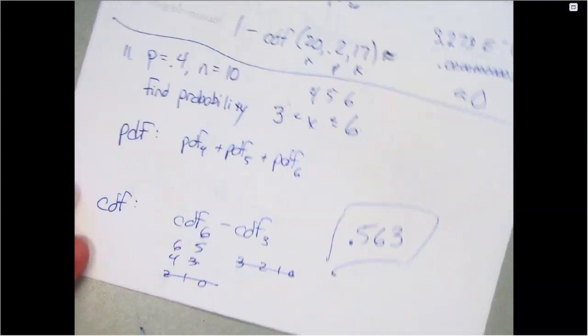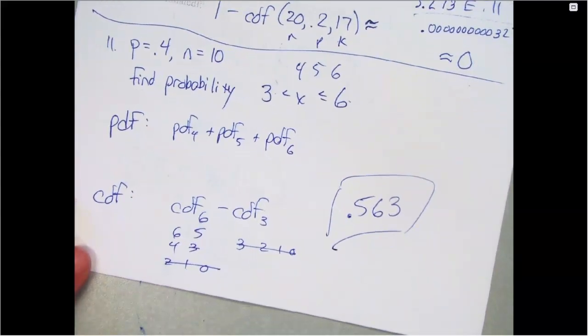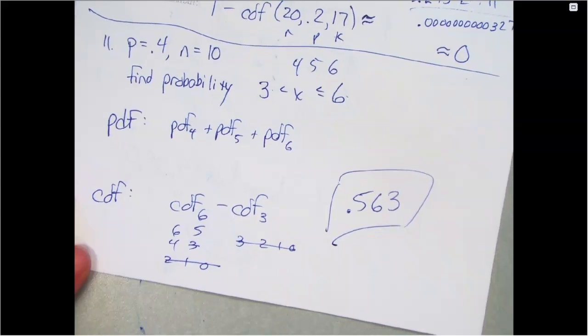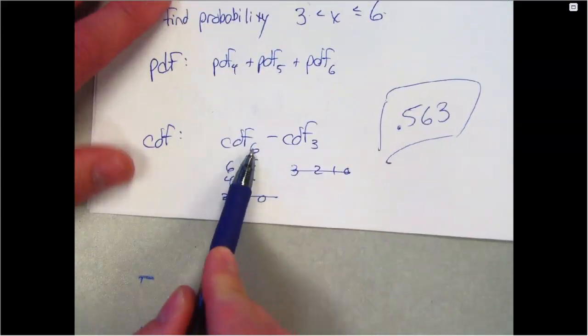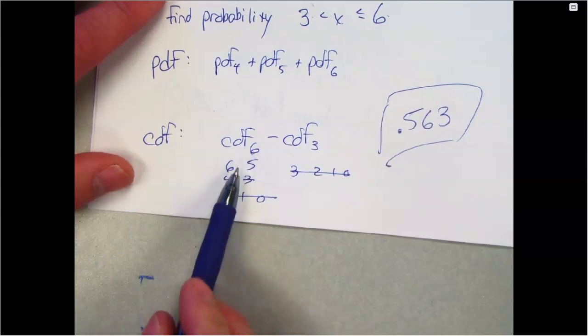Pick one and then subtract that. One minus one. No. So CDF is 6, 5 is the probability of 6, 5,